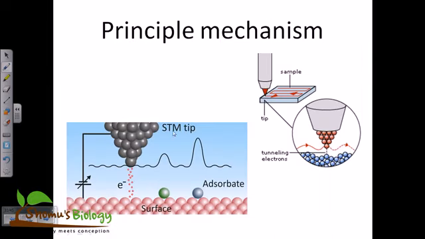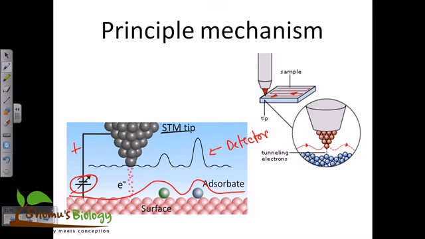As you can see here, this is the STM tip, and these are the electrons that are coming out from the STM. This is the voltage gradient, plus here, minus here, and as it is moving over a different surface, let's say the surface is changing like this, you can see the difference in the graph in the detector. So the detector can detect this change in distance or change in the voltage, change in the current, right? So by looking at this, we can tell what's going on.